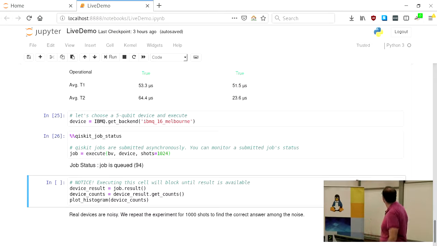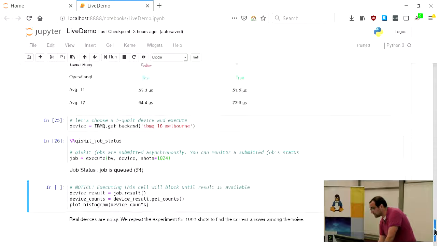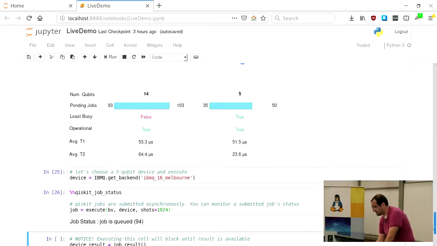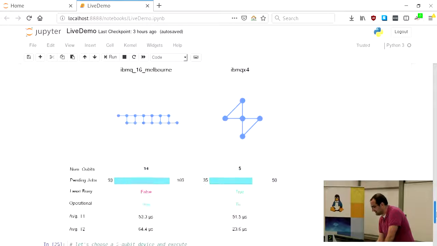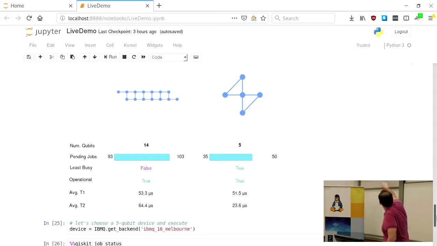And of course, yes, there's an admin in the queue in front of me running. So I'm in queue number 94, which is not great because I'm supposed to have priority access and be number 1. What? There's 103 jobs. I think it's the number on the left, but